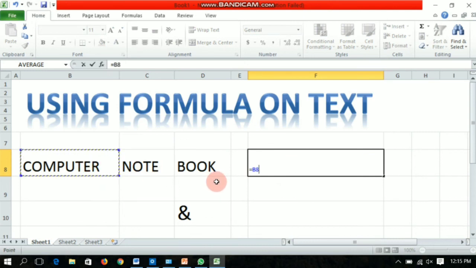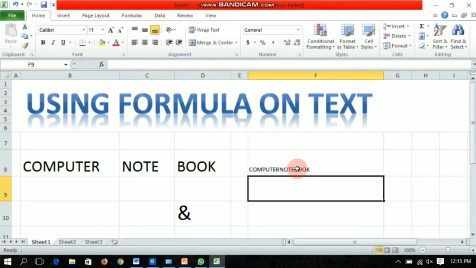Then that and sign, also known as ampersand, and then I will enter this cell. And again the ampersand sign, and this cell. See, B8, C8 and D8 are entered in this cell, and after that I will press enter. So here it is added and it is written computer notebook.